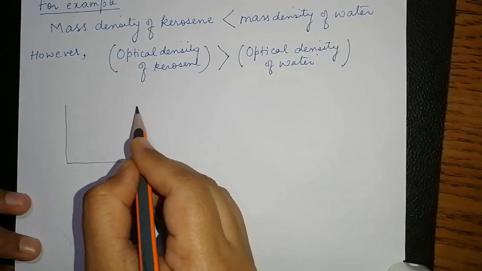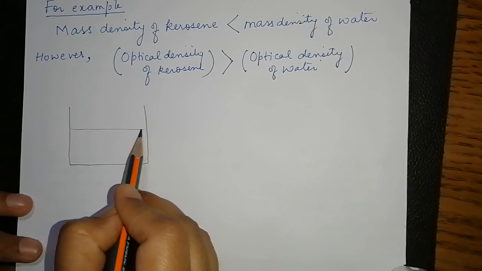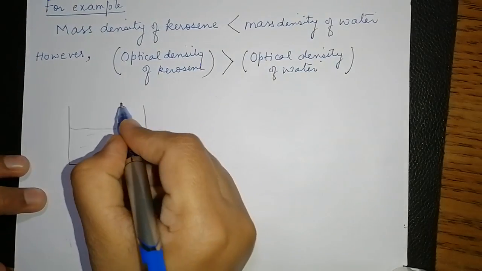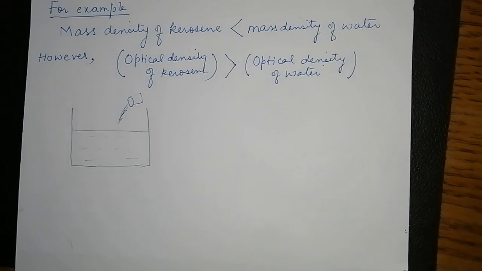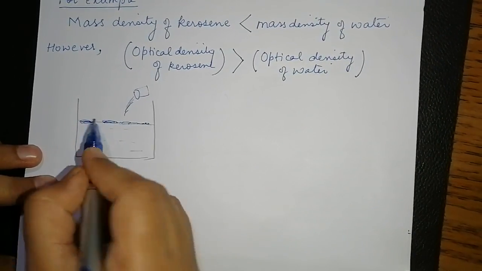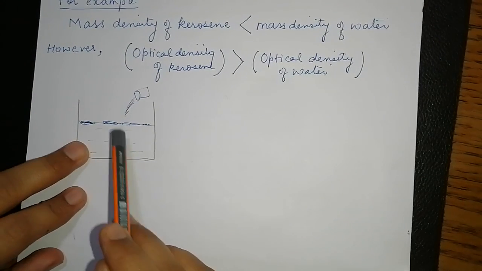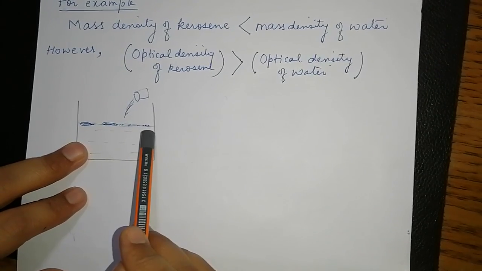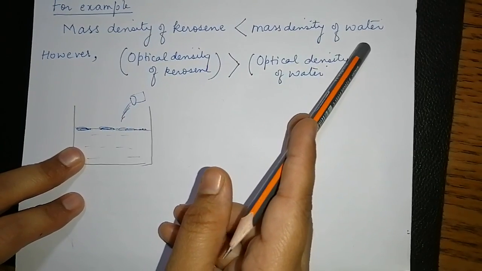If you consider this diagram, take a container and fill water into it. If I pour some kerosene oil into it, then we'll find that kerosene oil floats on water. We know that a substance floats on the water only if its density is less than the density of water. So here, since the kerosene oil floats on the water, it means that its mass density is less than the mass density of water, right? But